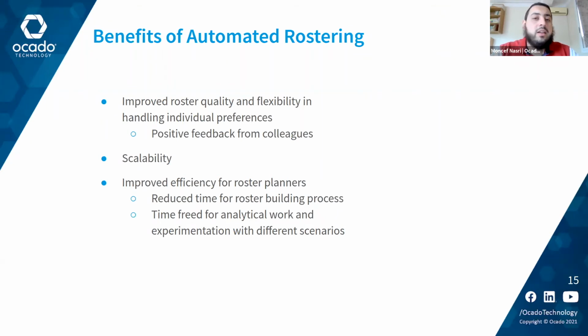The other thing is that these solutions are scalable. We always keep scalability in mind when we build our software, so that it will work for a warehouse of any size. And also for the roster planners, the people who talk with the employees in order to make sure that we get all of their inputs, and who will use the tool that we